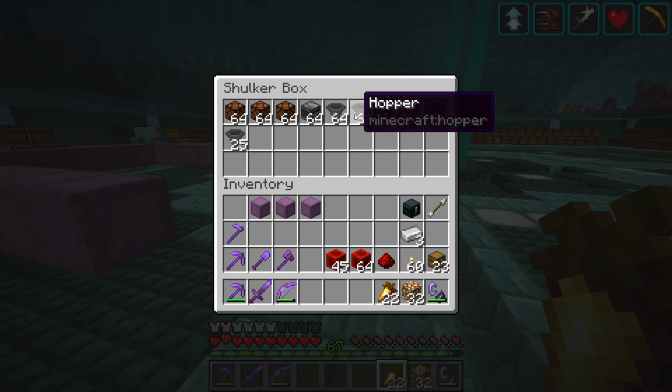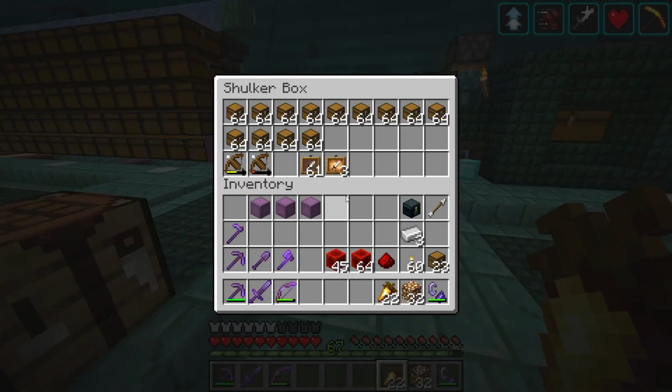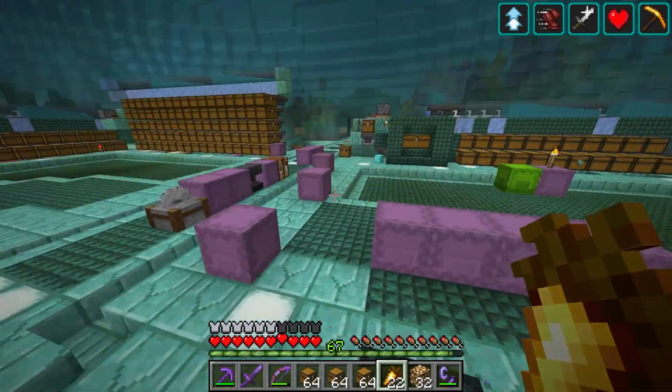How many is that? 1, 2, 3, 4, 5. Okay, we need like 10 stacks of hoppers, I believe. So we're going to keep going on that. We're going to use even more iron. Good thing we have all this iron stored up because we are going to use a lot of it on